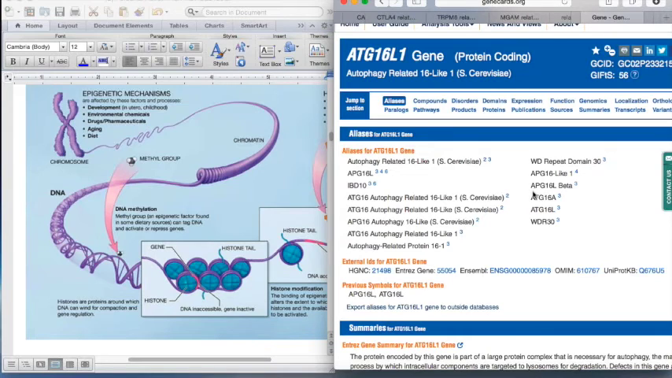Question was asked, can you talk about the alleles and their relevance? Okay, now that's a very good question too, because in the national database, which is known as NCBI, so if